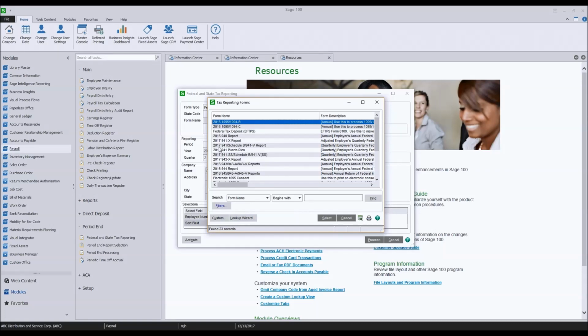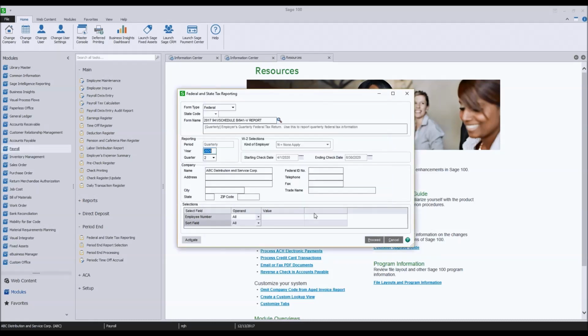And I'm going to process a 2017-941. You would note this 941 form is a quarterly form, so you'd want to make sure you have the correct year and the correct quarter.